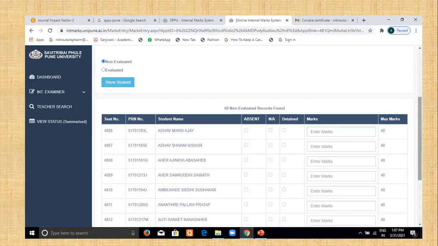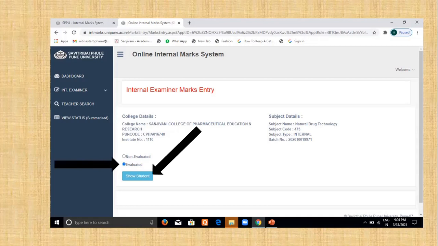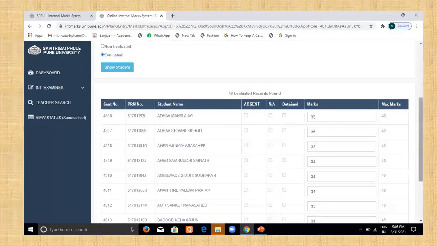After completion of the marks, you want to check whether the marks are correct or not. In this case, you have evaluated students, meaning you have filled the marks. So click on evaluated, then click on show students.